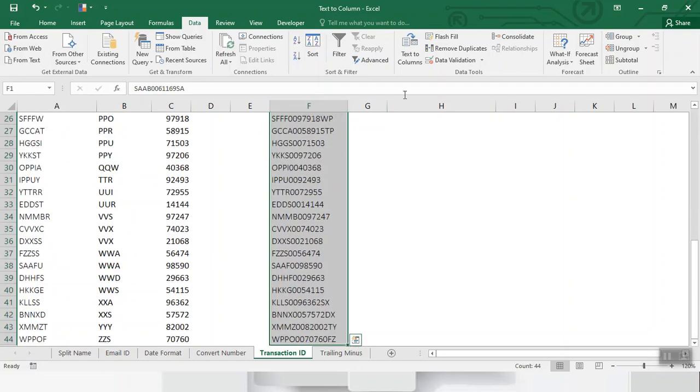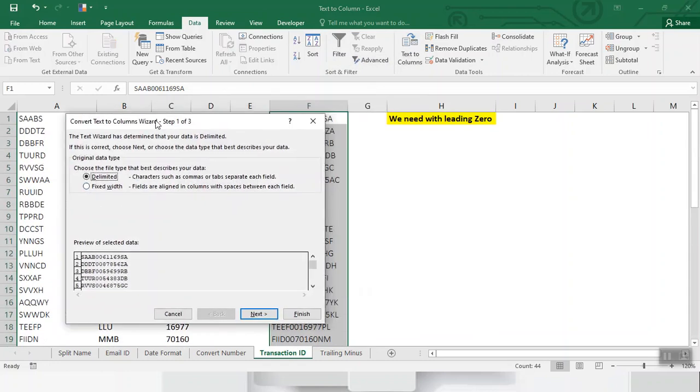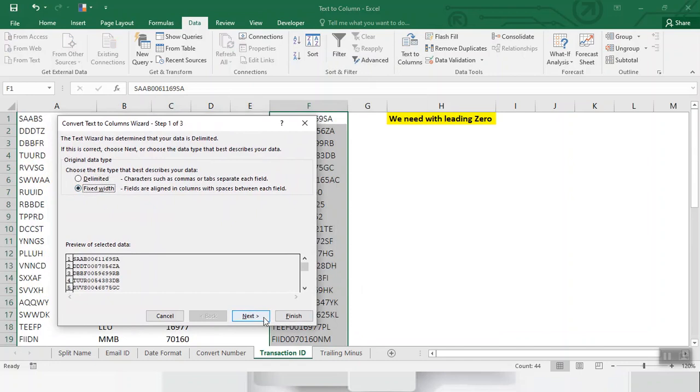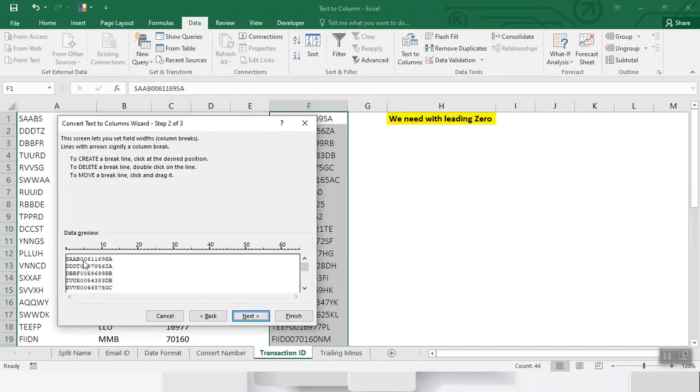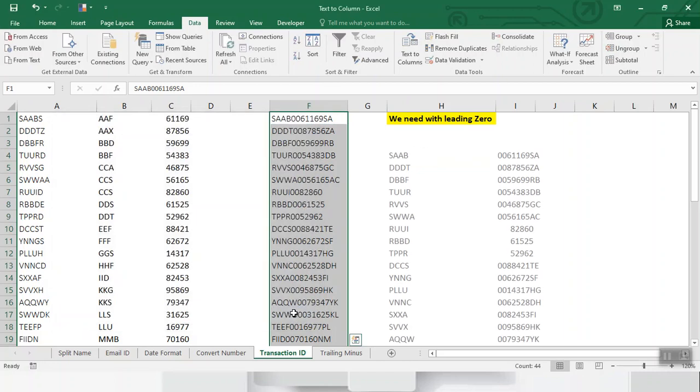Select the dataset, go to text to column, fixed, go to next, go to next, and my destination place is here. This appears without the leading 0. How can we fix this?